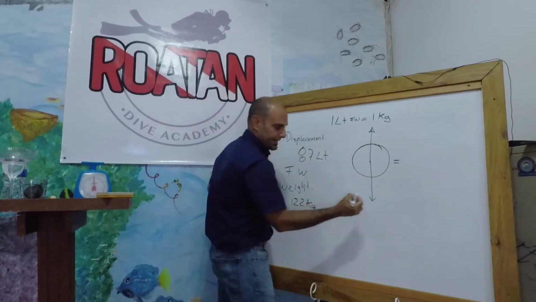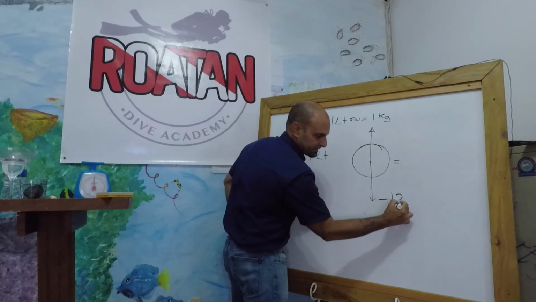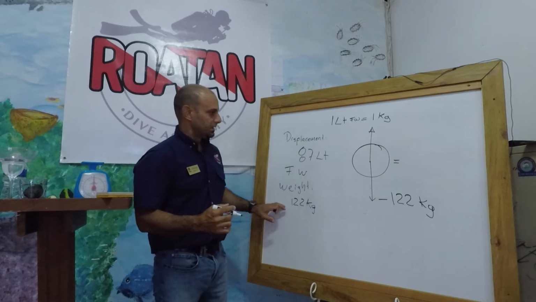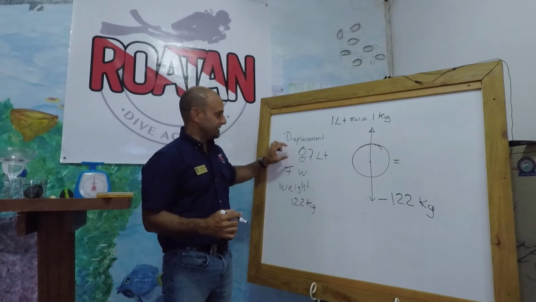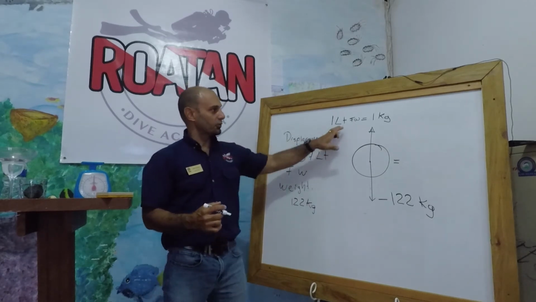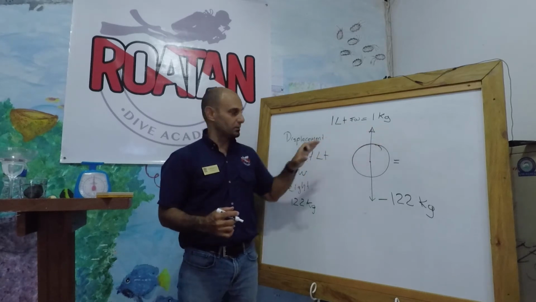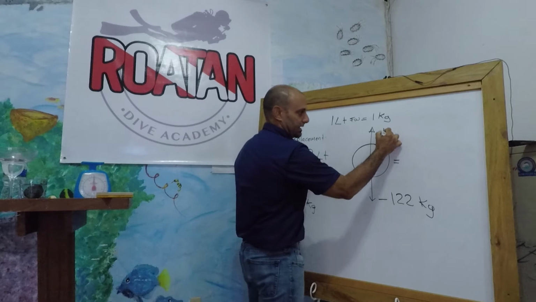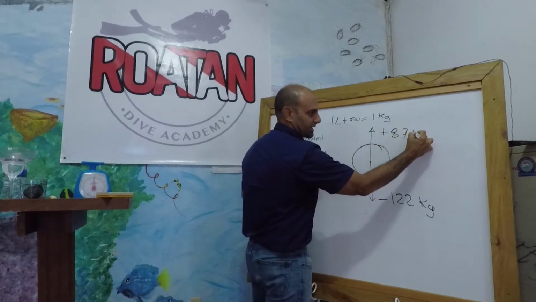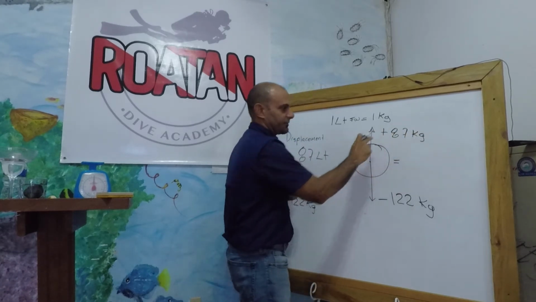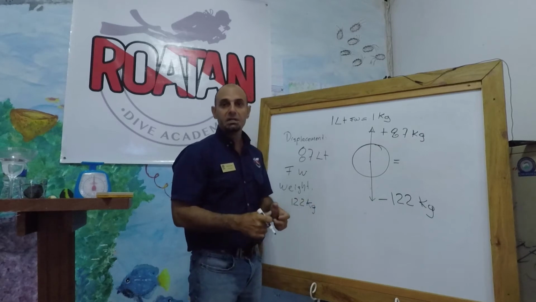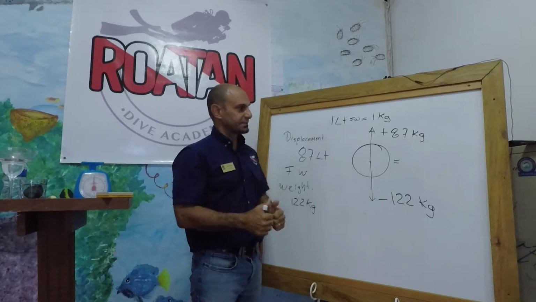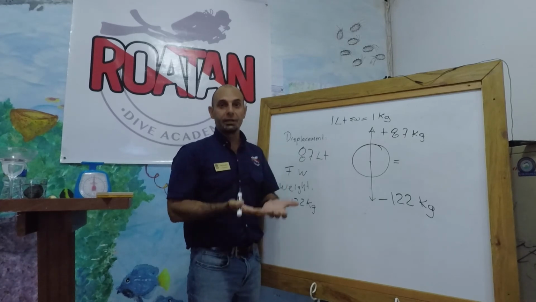Right? So we know the weight is going to be a negative force and is 122 kilograms. And then the displacement is 87 liters. In fresh water we know 1 liter weighs 1 kilogram, so 87 liters is going to be 87 kilograms. And that is going to be a positive force because of the Archimedes Principle that we discussed before. That is the weight of the water displaced, so it's going to be a force that is buoying up the